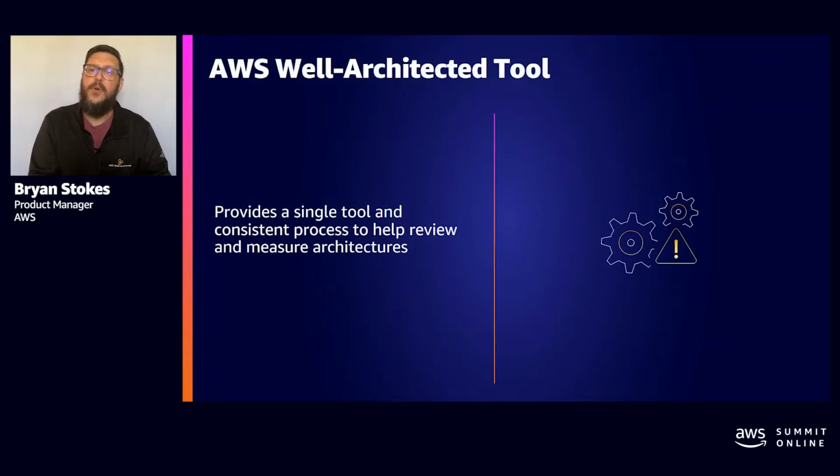So coupled with the framework is the AWS Well-Architected tool, which provides a single place and consistent process to perform the review on your workload. The framework is guidance, and the tool is the process that helps you enable it. To proactively identify risks, customers should evaluate the workloads against the framework early and often, before it goes into production, and then again over the lifetime of the application. We all know that architecture is not static, and so you need to continue to review that architecture to ensure it continues to meet those best practices.